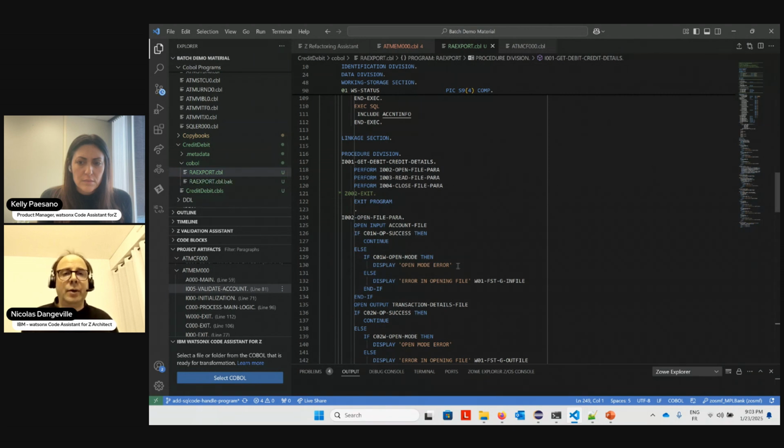So now, here we are. You see, it was not super difficult. What I asked it to do, it understood that this GoTo was just doing exit, was used only once, and so what it has done is replace the GoTo that was performed with what it performs actually. But as I'm telling you, this is a very simplistic example, and our refactoring capability in terms of GoTo removal is capable of doing much more.